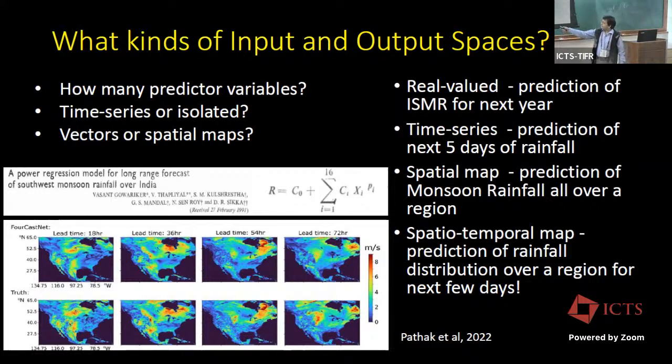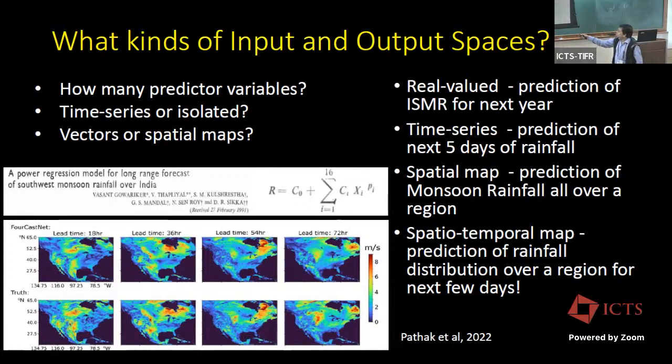But as you were seeing, this particular approach is limited in multiple ways. Why limited, in what ways? First of all, one thing is rather obvious: it is only a particular form. The F which we are talking about has a very specific form. Now, if the best relation between these predictors and the ISMR, the Indian rainfall, is more complicated than this, or cannot be represented in this way, then there is of course no way this model is going to give you a very good answer. That is one obvious criticism.